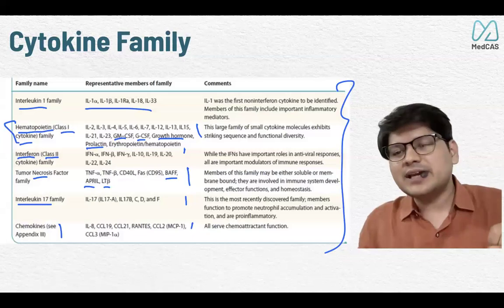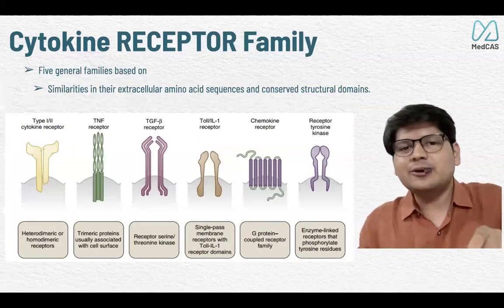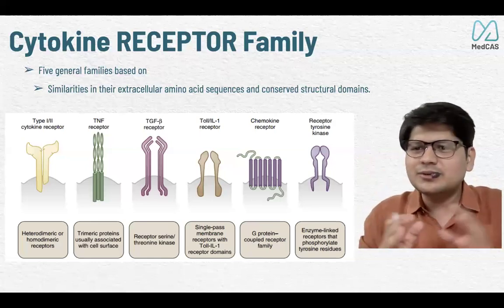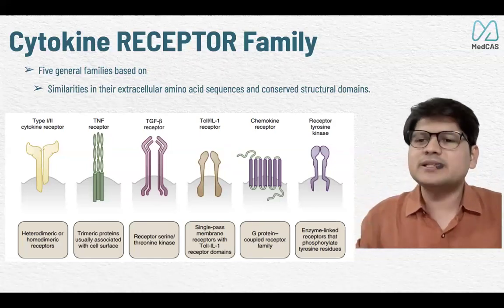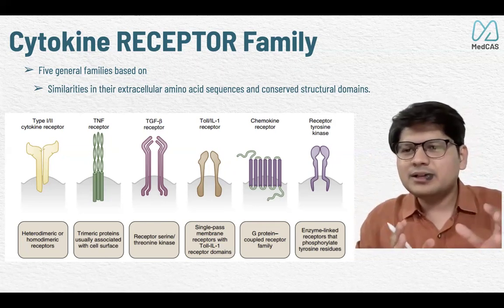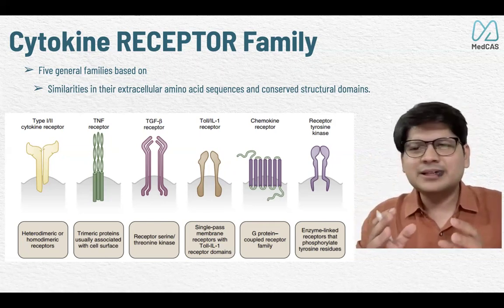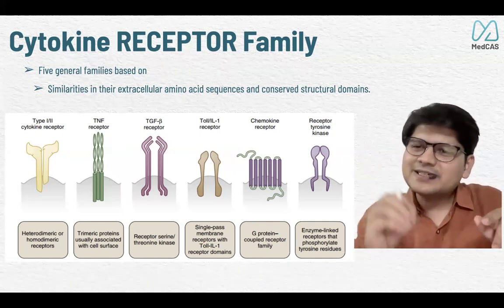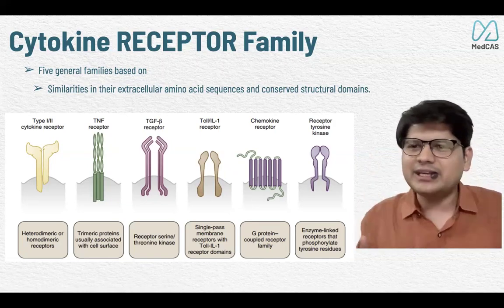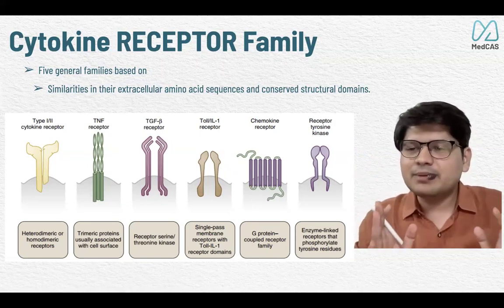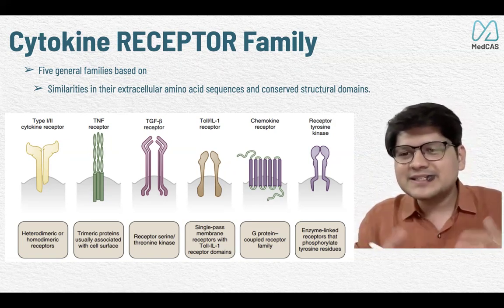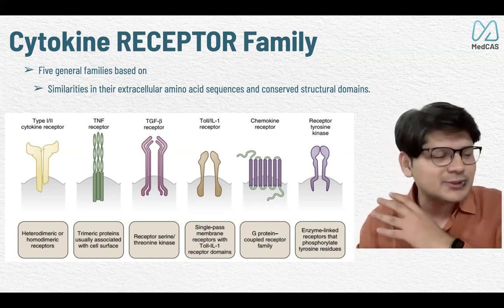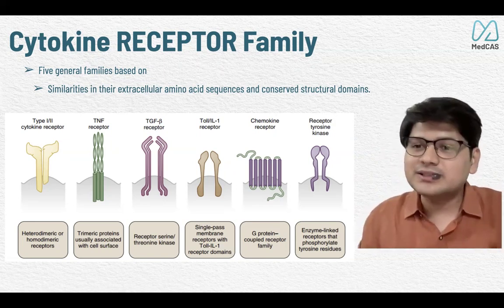Now to identify the cytokine family, you need a new heading called the cytokine receptor family, because you have so many cytokines, you cannot make so many receptors. So you make a group of receptors, and a few receptors will recognize a few cytokines. Now see, the problem is it is not like one cytokine family is all recognized by a similar receptor. They can vary. Sometimes this classification was based on discovery, how they were discovered and named. So it is so haphazard. That's why I do not remember it. Just understand and leave it.